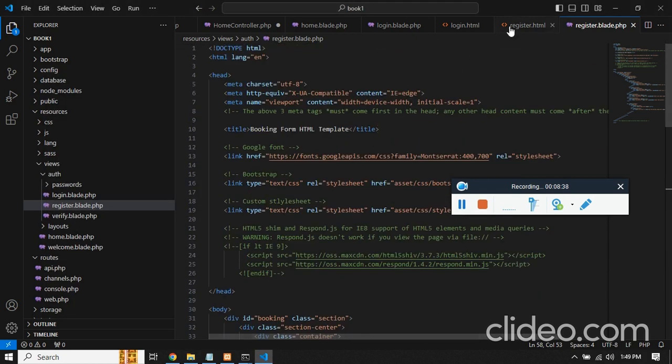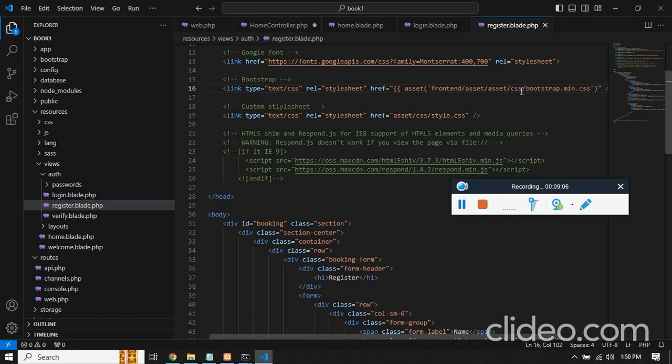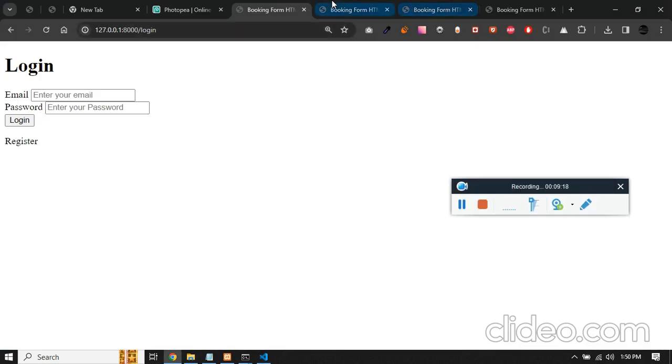Now you have to link your folder. Since this is Laravel, we are going to use Blade, and we are going to use the Laravel function asset. We know it's inside the folder called frontend, and inside the frontend we have assets, and then we can paste our static link. The same way, since we are using a Laravel function, Blade is important. Now if I search for register,